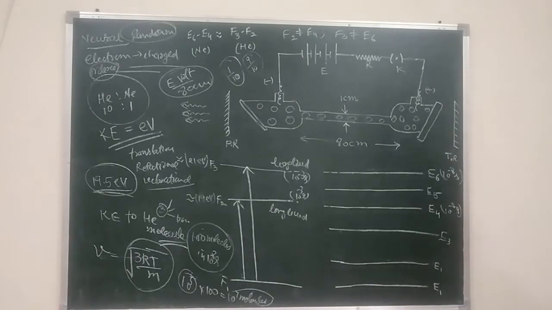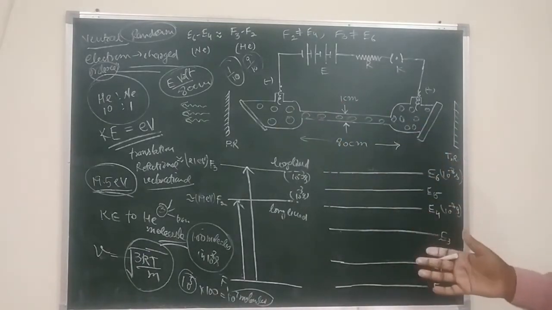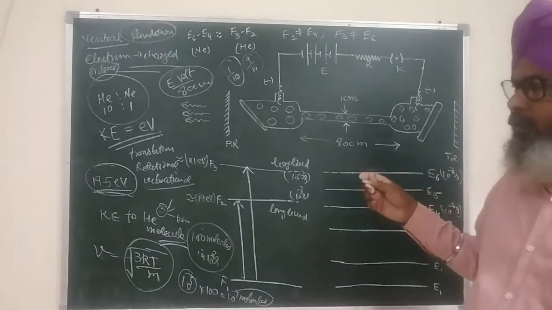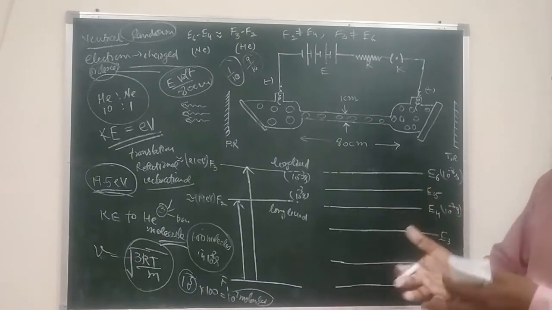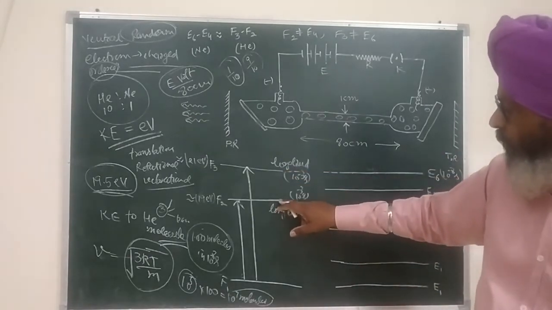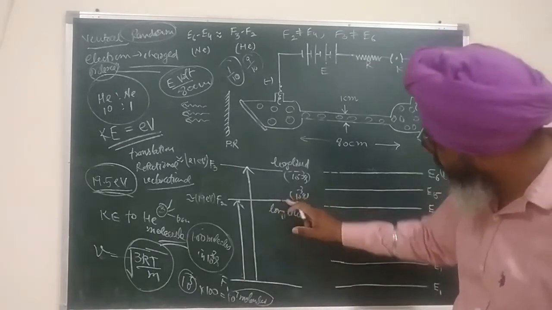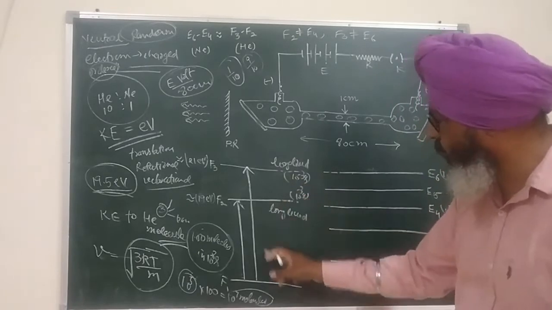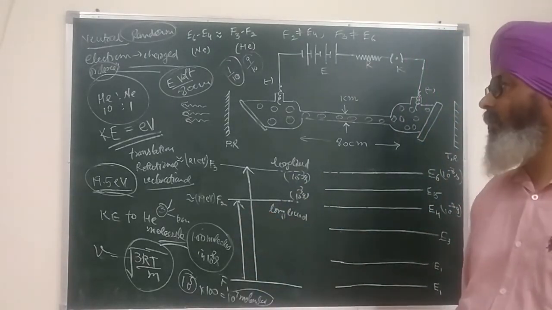So what will happen? The helium gas molecules will be excited, and they will grow in numbers, because these are exciting but not de-exciting. These states are long-lived, and for de-excitation the electron has to flip its spin, going from here to here or here to here. So another, different mechanism will then take place.